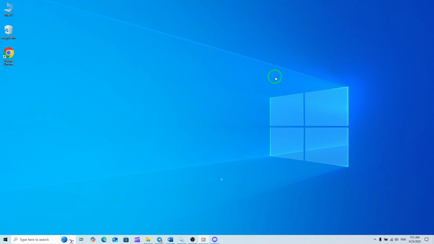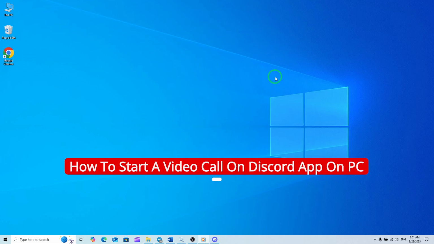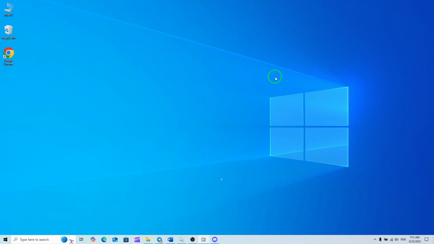Welcome. Today we're going to walk through how to start a video call on Discord using the latest update on PC. If you've just joined Discord or you're simply getting familiar with the new layout, don't worry. By the end of this guide, you'll know exactly how to kick off a video call with your friends or